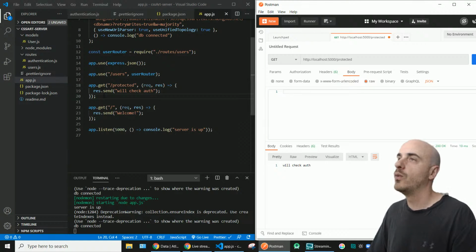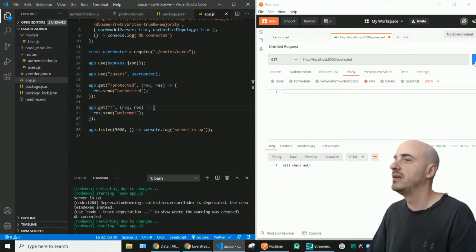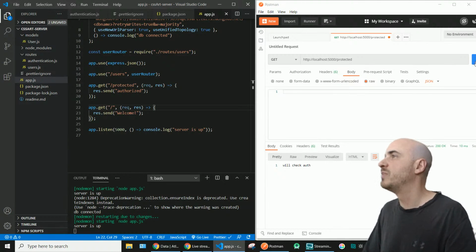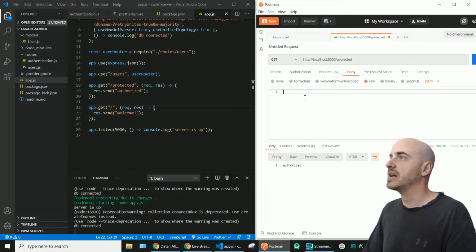So now, change this message to "authorized," and we only want to see that message when the user is actually logged in. So that's the whole point of the auth middleware that we're creating. Right now it says authorized, but there is no user logged in. So let's actually work on,